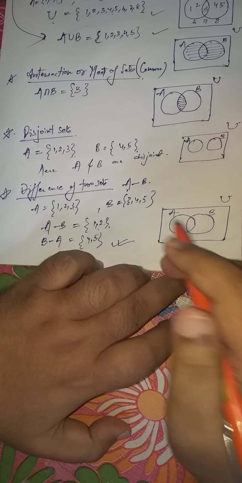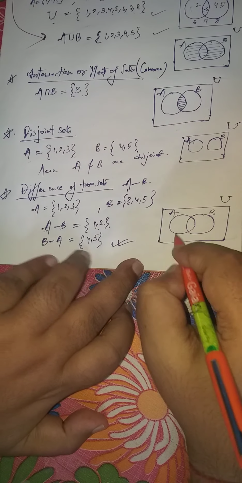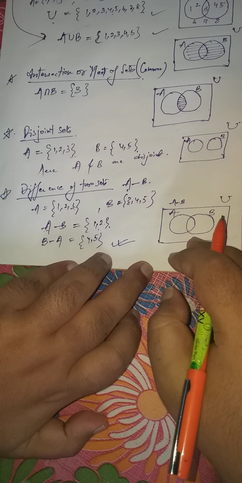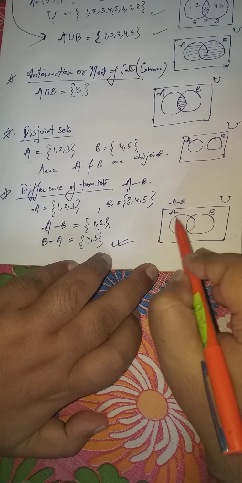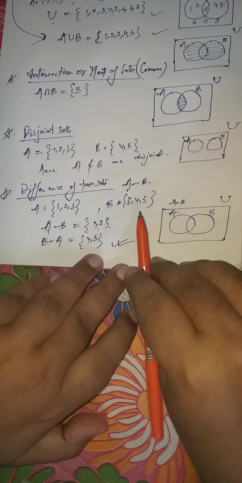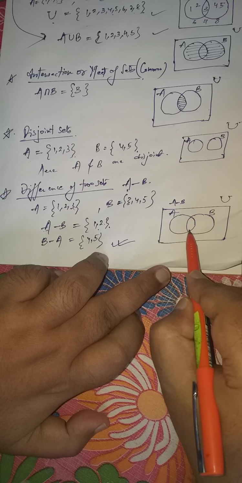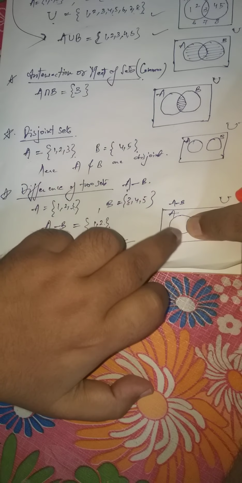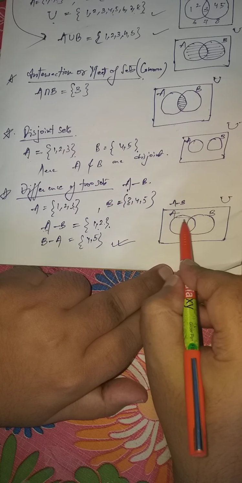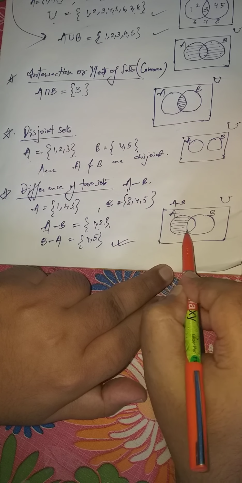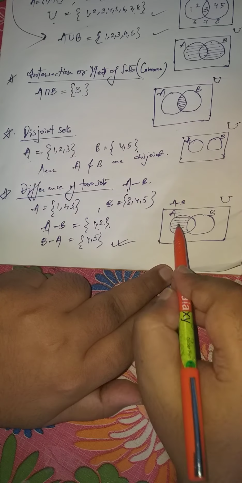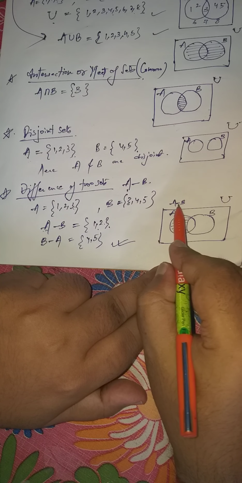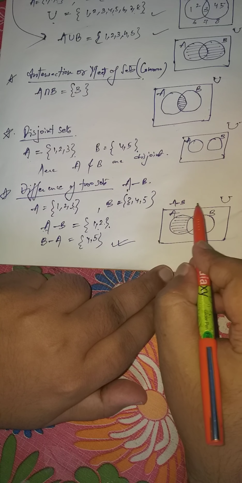A, B. So A minus B. If you want to represent operation A minus B in Venn diagram, so A should be there, but you have to take out B. Take out B means this whole region. So in this whole region of A is also there, so you have to take out this region like this. The only left out region is like a crescent form. See, this will give you the result. Only this region, because you are taking out the central part which is there in B, and you have to subtract B from set A. Means you are taking out B from set A.